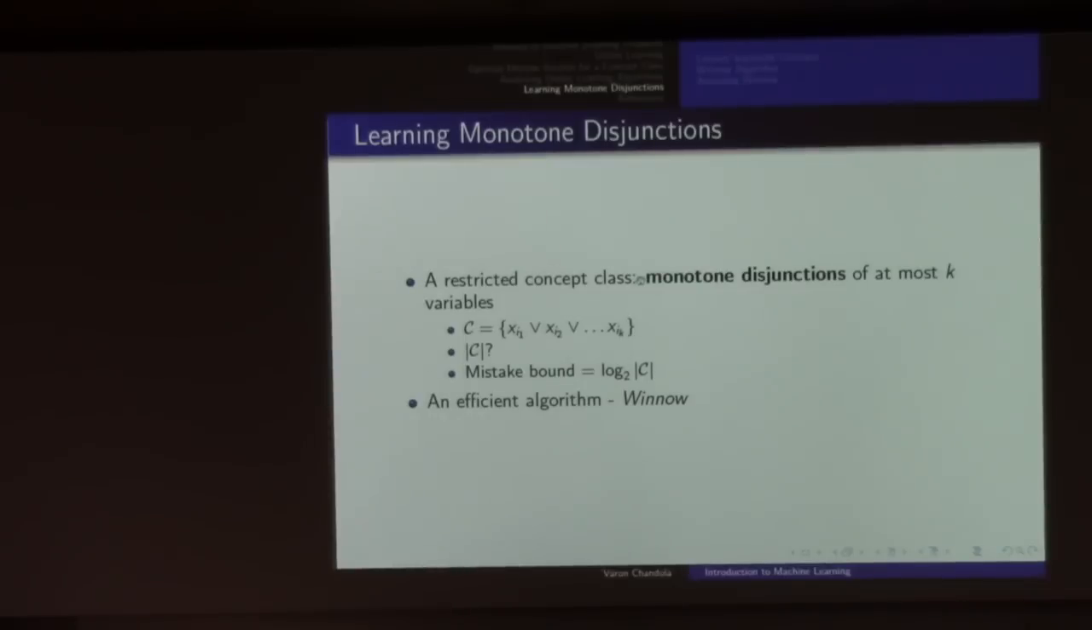Basically the concept would have this form. It will be an OR. A disjunction is an OR of k or fewer attributes. So let's say you have d attributes. A monotone disjunction would have a few of those, k of those, or fewer. It's at most k. And it's a monotone disjunction, which means that it's an OR, and monotone means it only takes the positive values. So for any attribute,